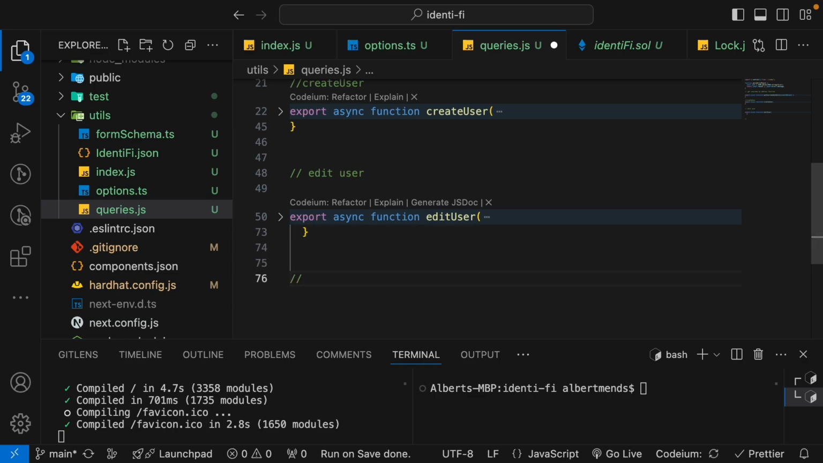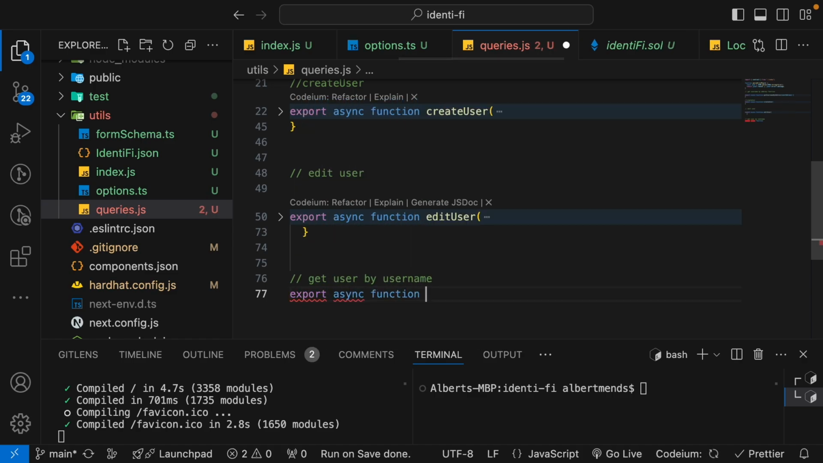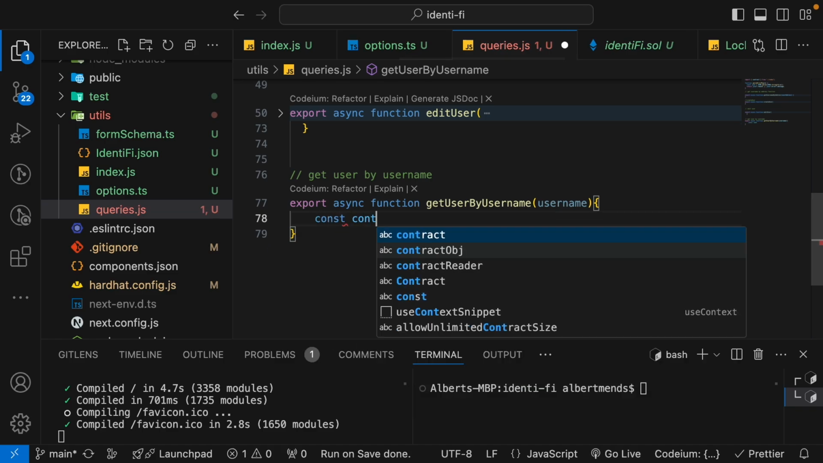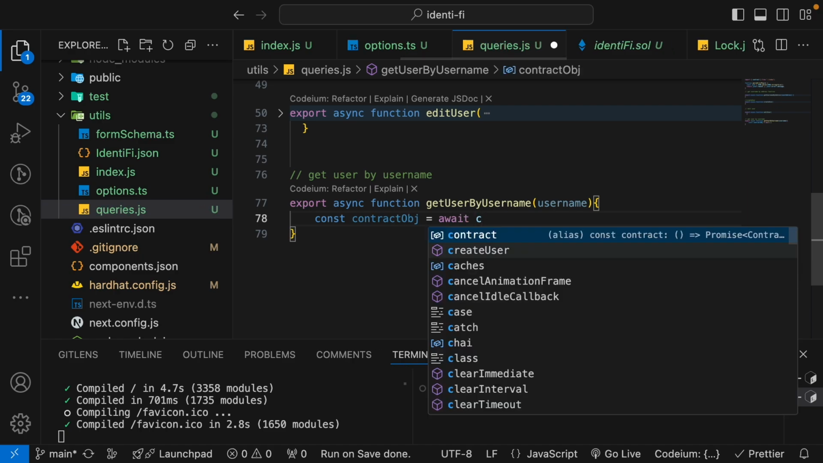So we are creating this function to get any user by username. Export async function getUserByUsername. We pass the username as a parameter, and here we are going to create the contract object as well. Await contract,